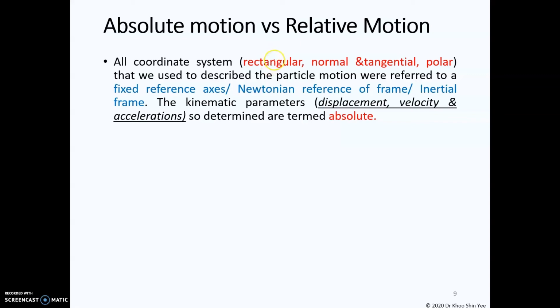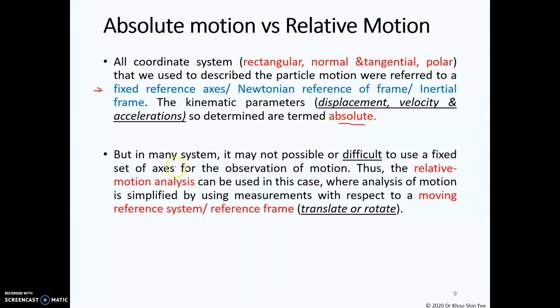So far, we have used the rectangular, normal and tangential, and polar coordinates to describe the motion of particles. The motion is measured with respect to a fixed reference axis, or what we call the Newtonian frame of reference or inertial frame. In this case, the obtained kinematic parameters such as the displacement, velocity, and acceleration are known as